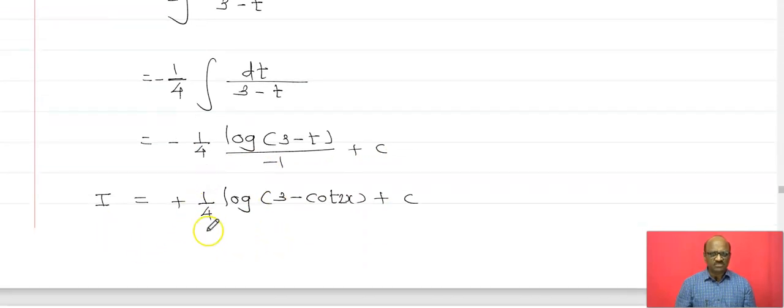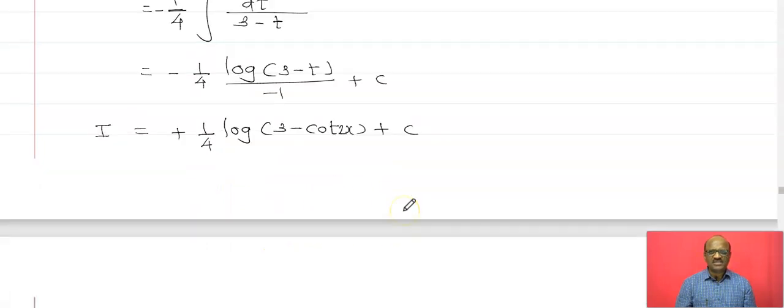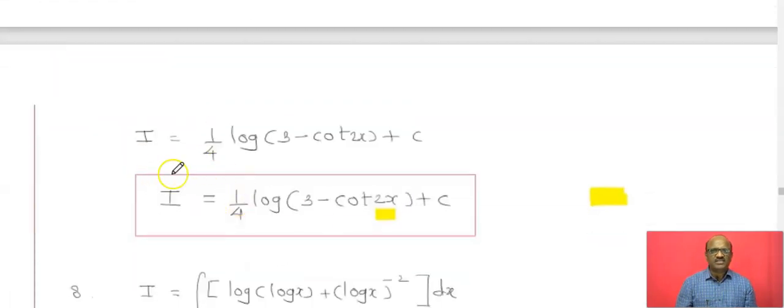Therefore I is equal to 1 by 4 log of 3 minus cot of 2x plus c, and this is the answer. Here there may be a correction in the textbook, that is, the angle 2x is given as something other than this in the textbook, but I have corrected it. That is, I is equal to 1 by 4 log of 3 minus cot of 2x